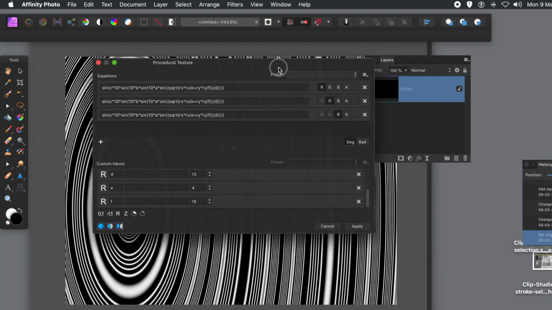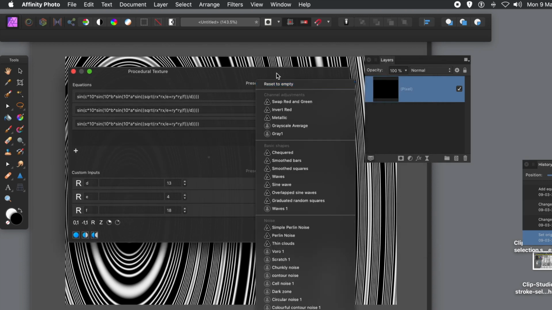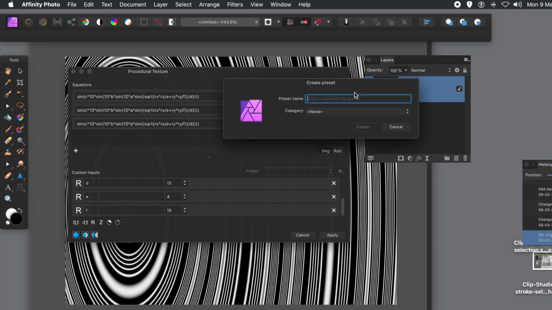Now, I've done all this work with this, so I don't want to lose it. I've got these presets. What I want to do is create a preset. I want to store it away. More often than not, I actually start from the filter menu. For some weird reason, I always start from the filter menu. But you could also do the same in the layer. I'm just going to call this Ring 2